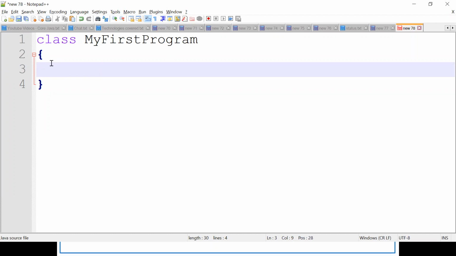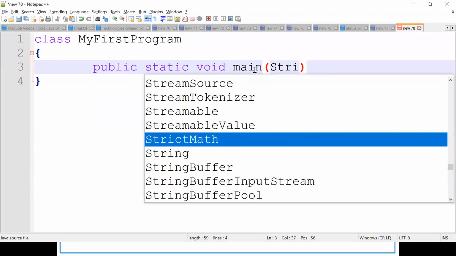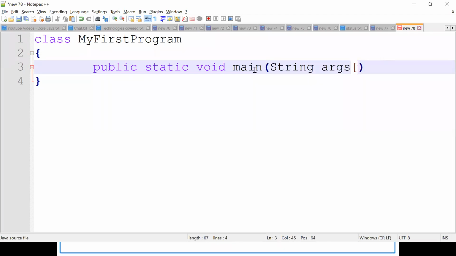So here we are going to use one method, something like this: public static void main, String arguments, right? This is a method.